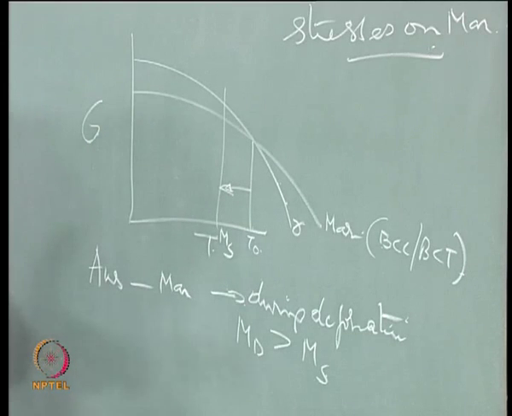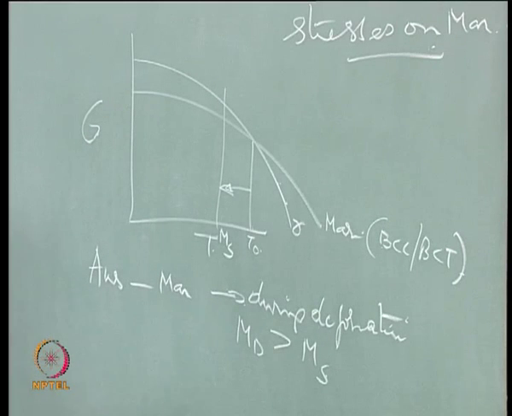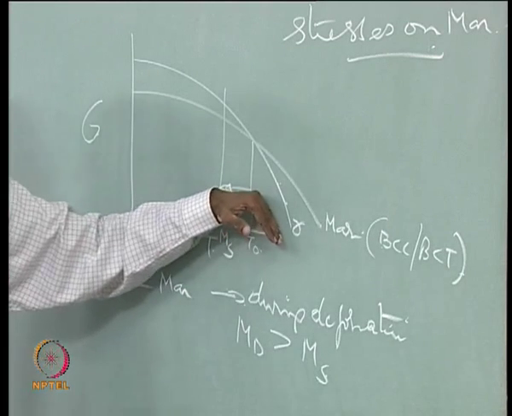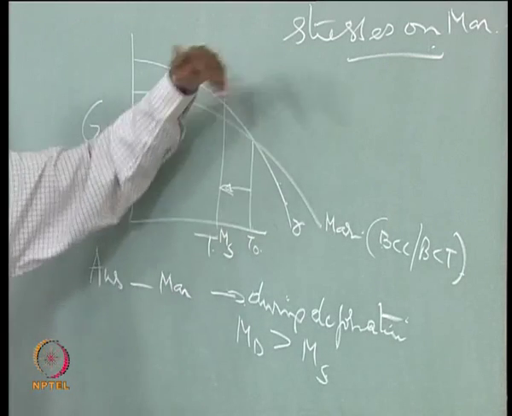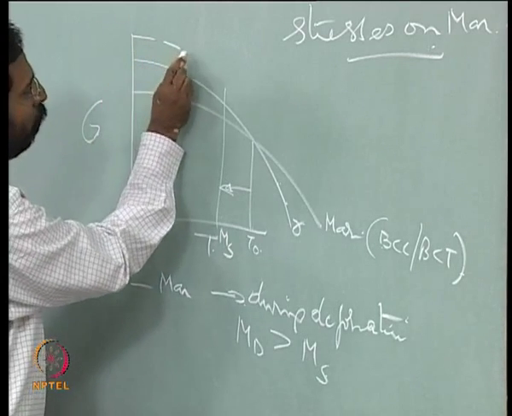That basically means that you would see that the gamma transforms at a higher temperature to Martensite rather than a lower temperature. The reason is whenever I apply stresses inside the material, shear stresses, the gamma, which is the parent phase, will have a higher free energy when compared to the original gamma which is undeformed. A deformed gamma will always have a higher free energy, and if I use that,